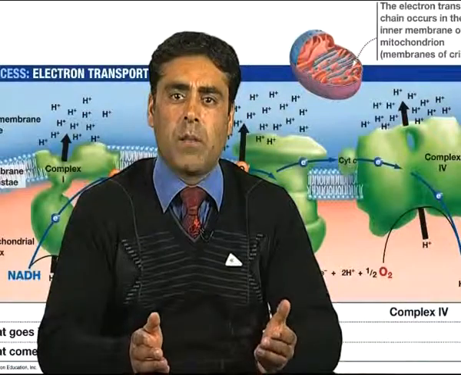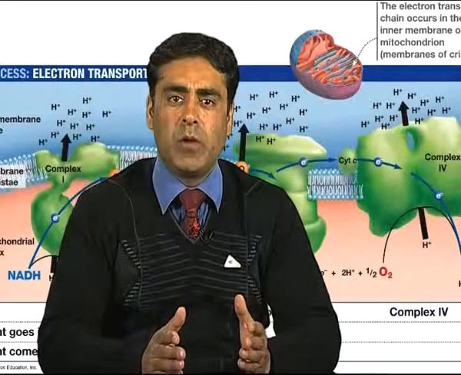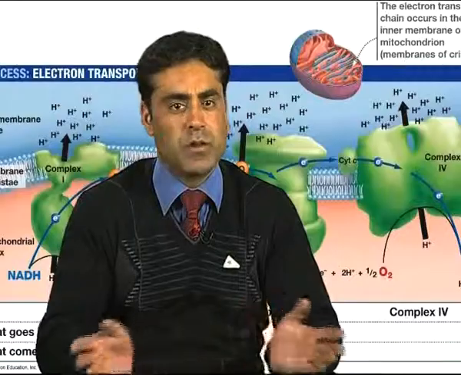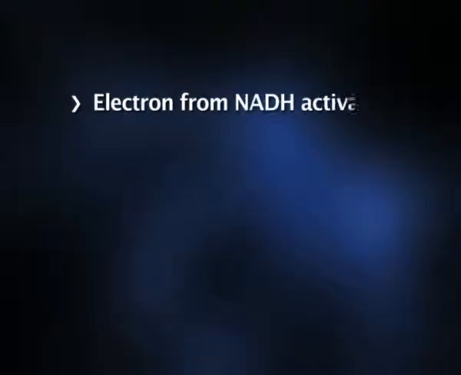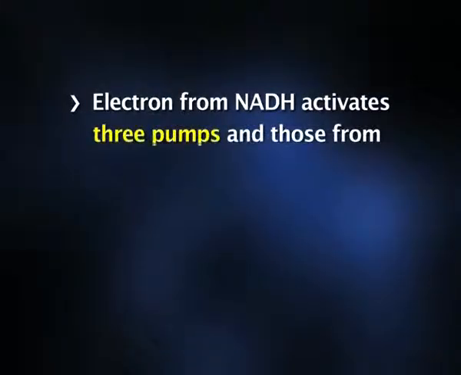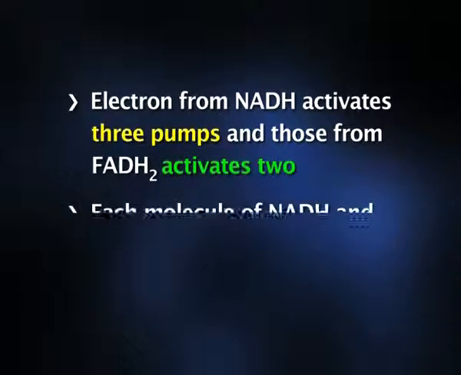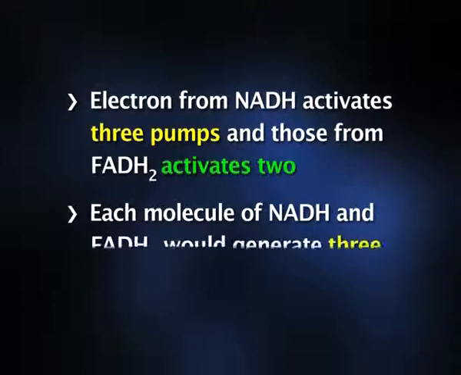The chemiosmotic model suggests that one ATP molecule is generated for each proton pump activated by the electron transport chain. The electrons from NADH activate 3 pumps and those from FADH2 activate 2. Thus, each molecule of NADH and FADH